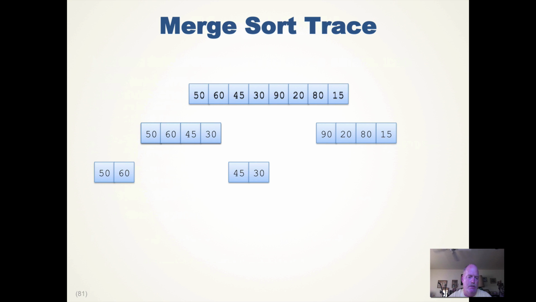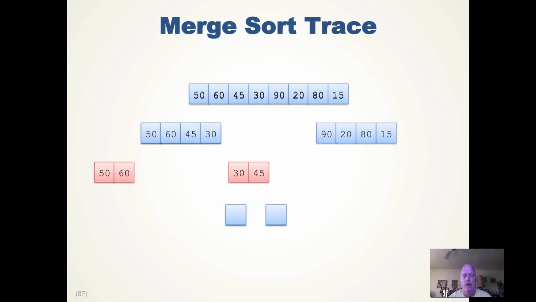We're then going to do a merge sort on the left side, so we split the 50 and the 60. We now have size 1, so now we can do the merge. So we're merging 50 and 60 back in there. They are done, so now we do the merge sort on the right side, split it, do our merge, so